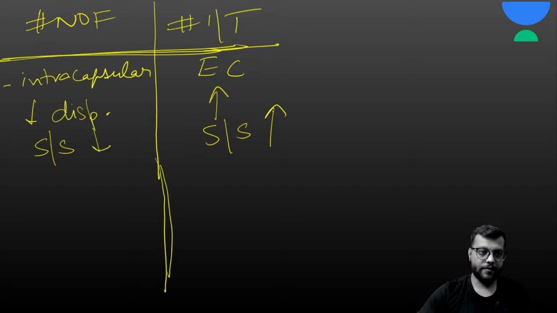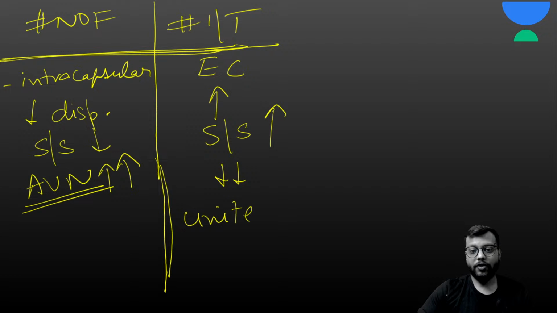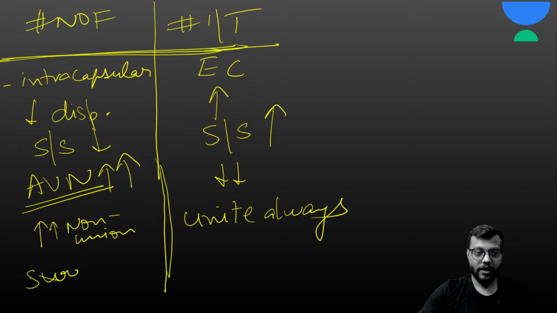And the IT femur fracture always unites, whereas neck of femur fractures almost never unite, or there are high chances of non-union. So non-union will never be a complication of the IT femur. The treatment of choice of the neck of femur is surgery, whereas in IT femur you can go for conservative management also. Okay, now firstly we will study neck of femur fracture.